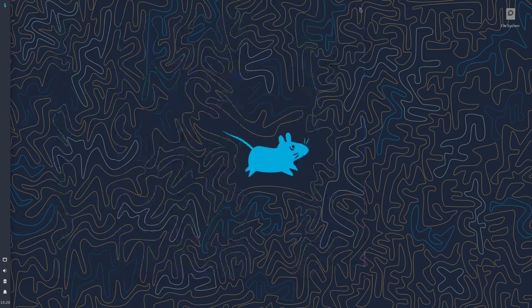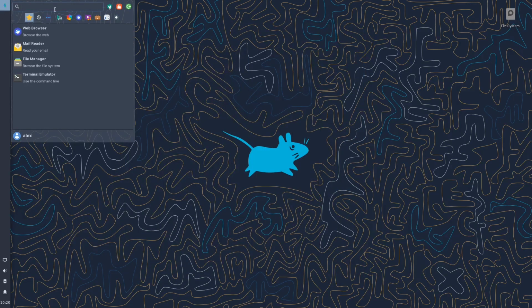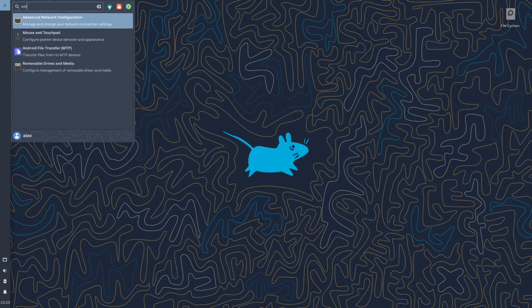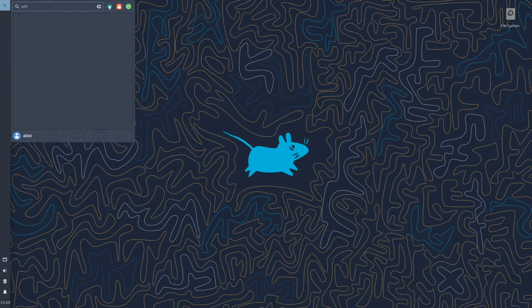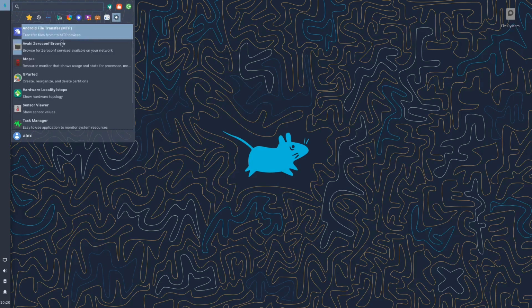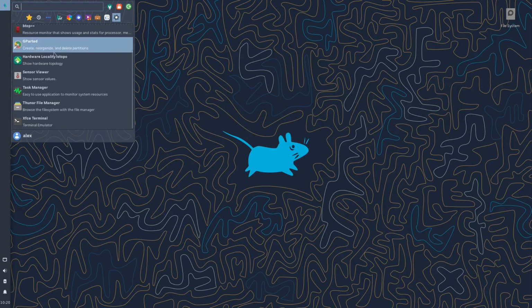What I'm looking for is like maybe an add or remove software. See if it's easy to use, and it's not. How about software? So let's see, which one of these is settings? This has got to be system, right? So if we go to system, you got GParted, task manager,